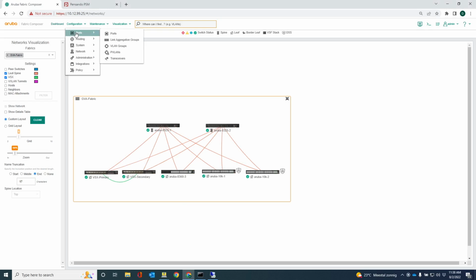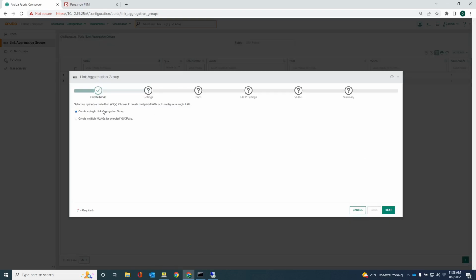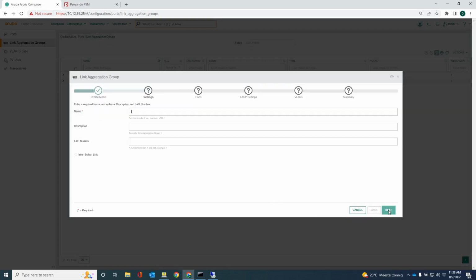I can do that by going to ports, link aggregation groups. You can see there are already 2 link aggregations which I created earlier when creating the VSX, and I can now add a single link aggregation group and just give it a name,